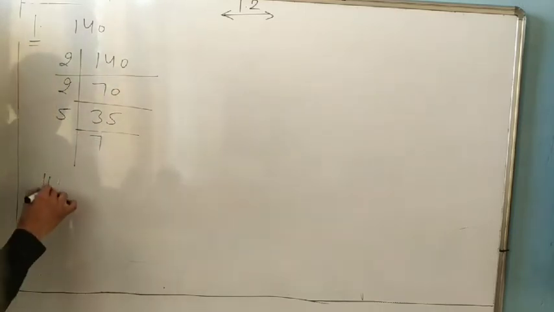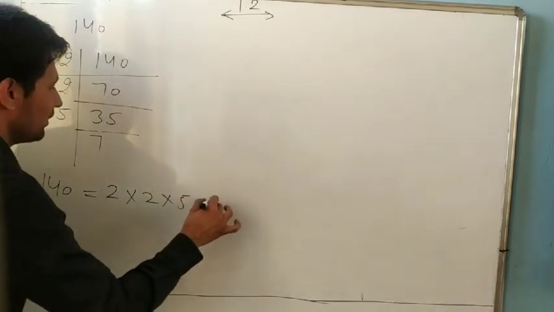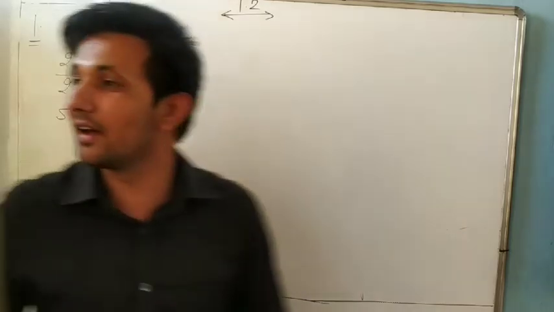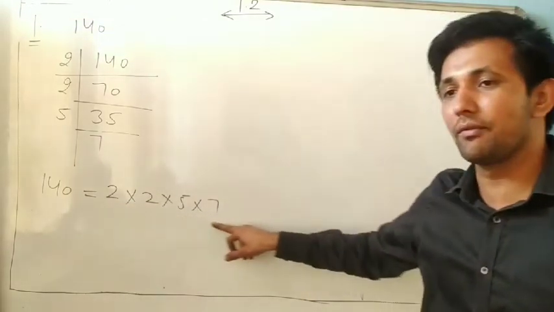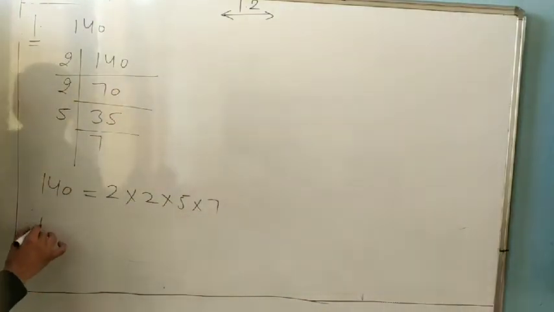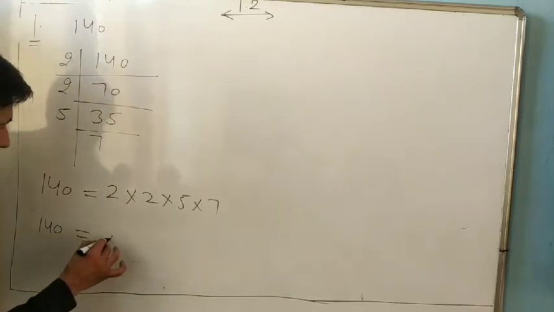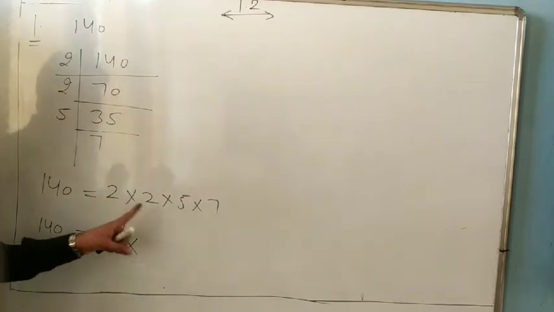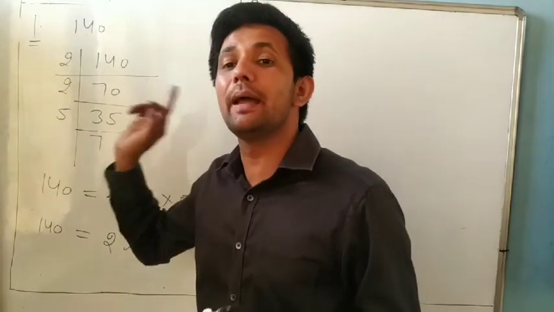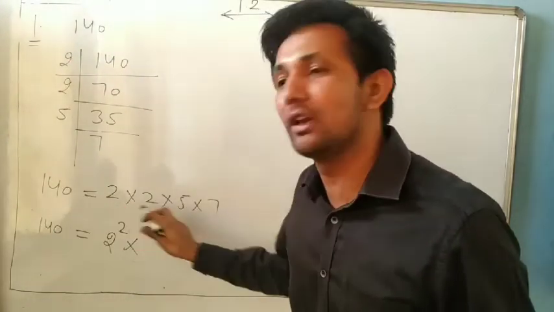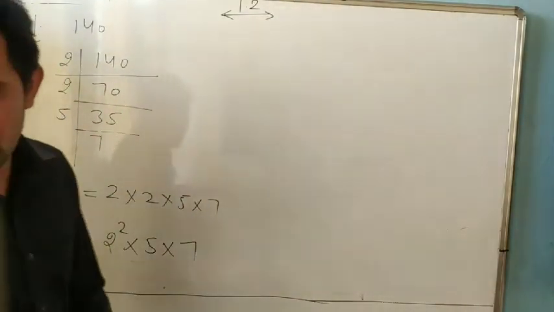So now we can write 140 equal to 2 multiplied by 2 into 5 into 7. So it is a prime factorization, so we note down 140 is the product of prime numbers. Otherwise, if you want to write one more step, 2 into 2, so 2 square you can write, because it is also prime. Don't write 4, because we want to take prime factors. So we will show only primes: 2 into 2 into 5 into 7. So it is your answer.